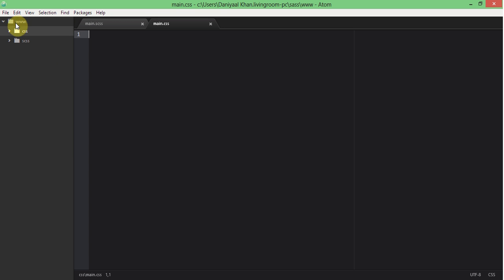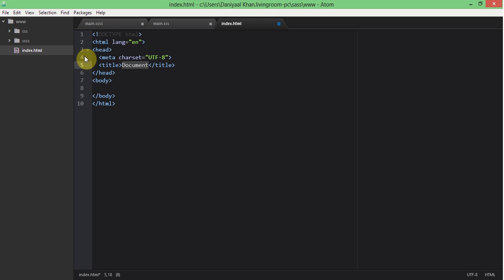In here, I have two directories in the www folder called CSS and SCSS. I have two files within those directories called main.scss and main.css. And I'm going to create another file called index.html. I'm going to press enter and it's going to create that. I'm going to generate a doctype. And there we go. Now I'm going to give it a title real quick,